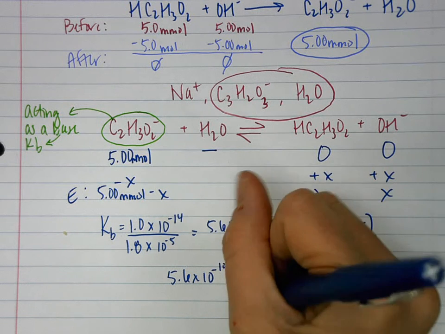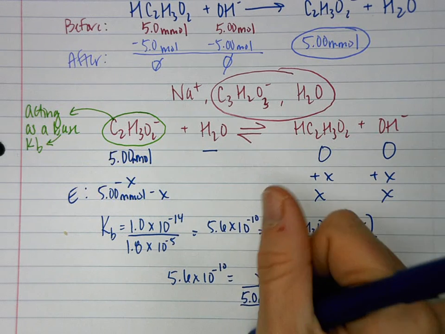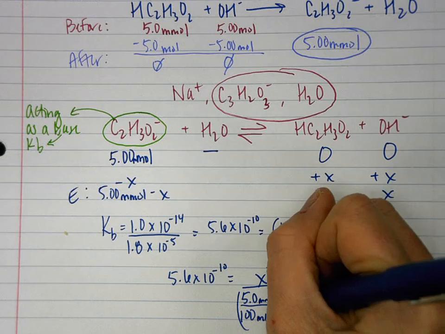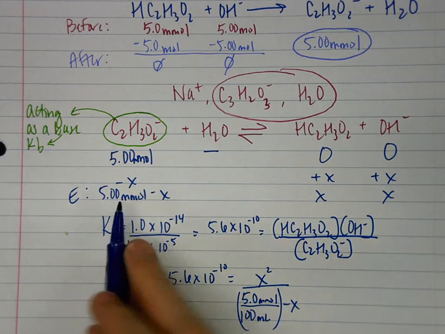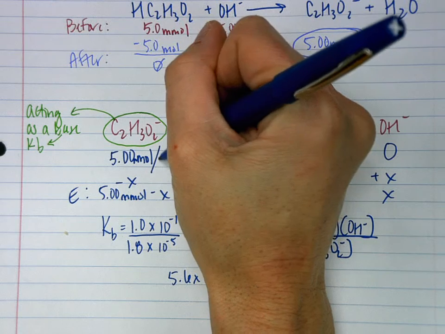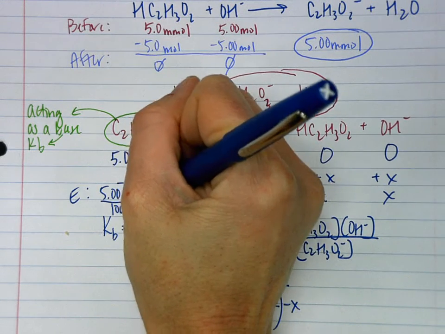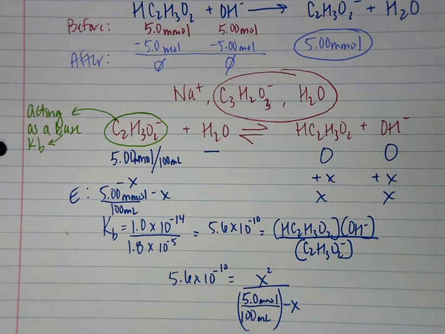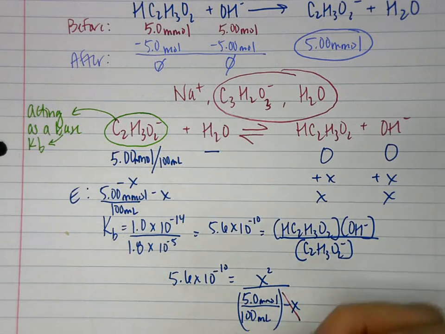5.0 millimoles. Don't forget this needs to be concentration, which I forgot to do up there. This is over 100 mL minus x. So really quick, I'm going to go back up here. We can't use this. This needs to be concentration, so in 100 mL. In 100 mL. Sorry, guys. Okay, we're going to ignore this x, and we get